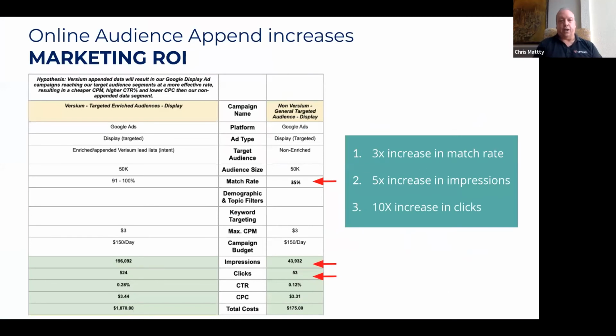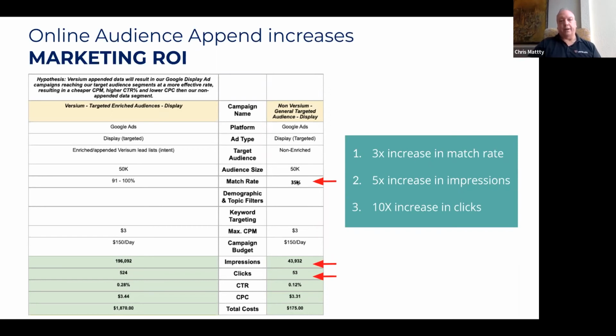And to your point, Sean, what we showed on the last slide was just match rate, which means if I've got 100,000 people I want to put ads in front of, just those people, how many of those people does Facebook, Google, and LinkedIn find or associate so they can put ads just in front of those people? And it's very small. But what does that translate in terms of marketing dollars? So here's a test we recently did here within the last just couple months.